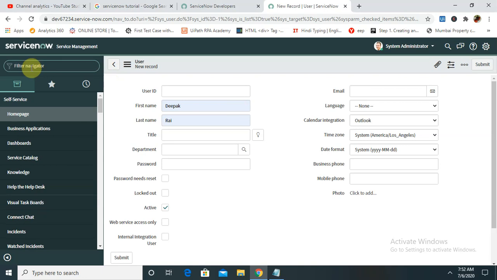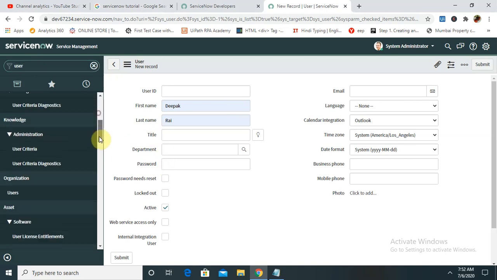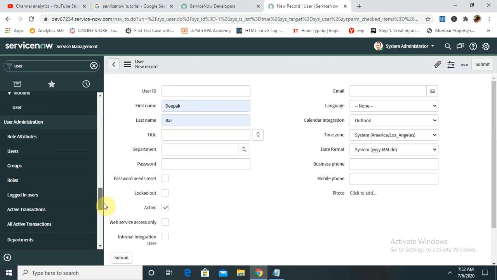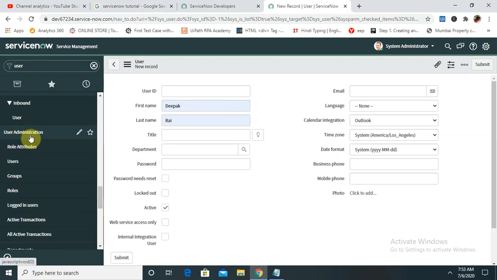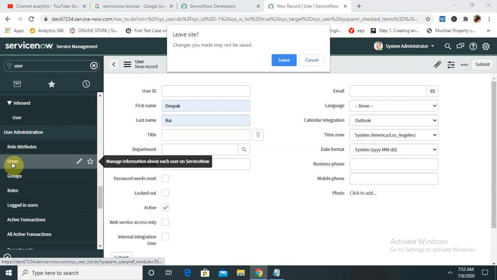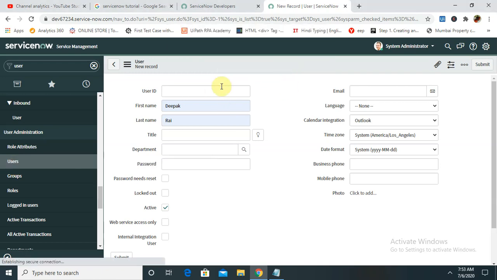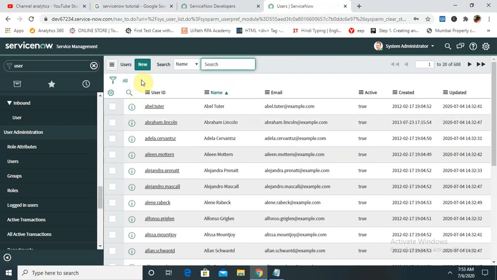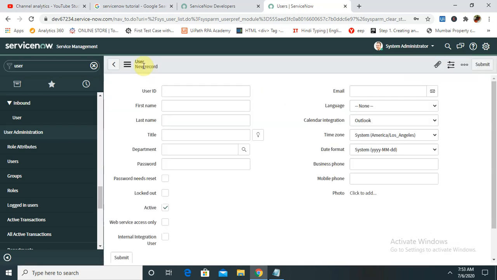Once you log in with the ServiceNow login credential, type user here and you will get search items. From the search items, go to user administration and click on user. I've already opened that, because of that it was showing here. Once you click on user, you are able to see all the users available in our organization listed here. If you want to create a new user, you just have to click on the new button